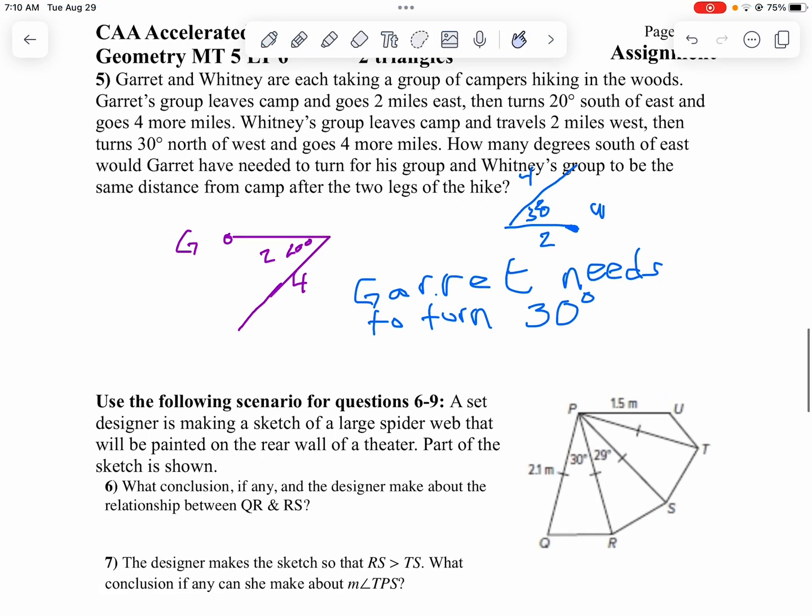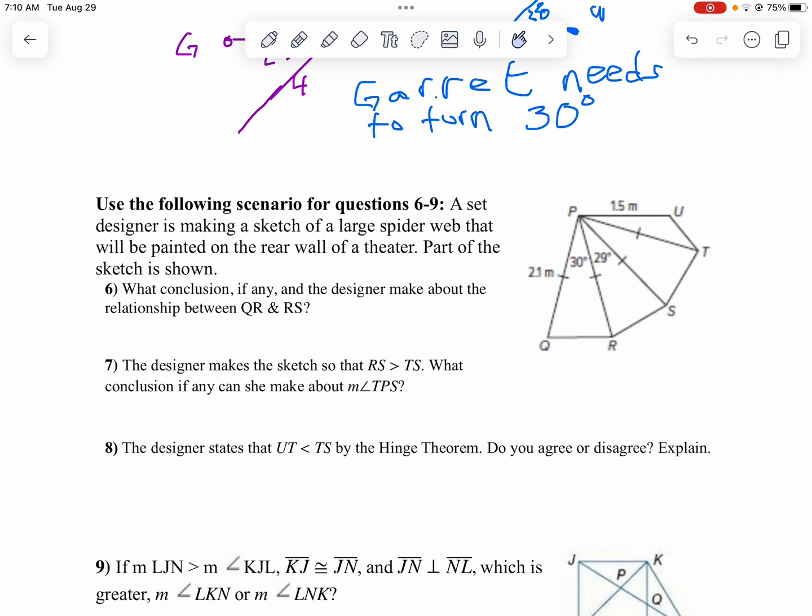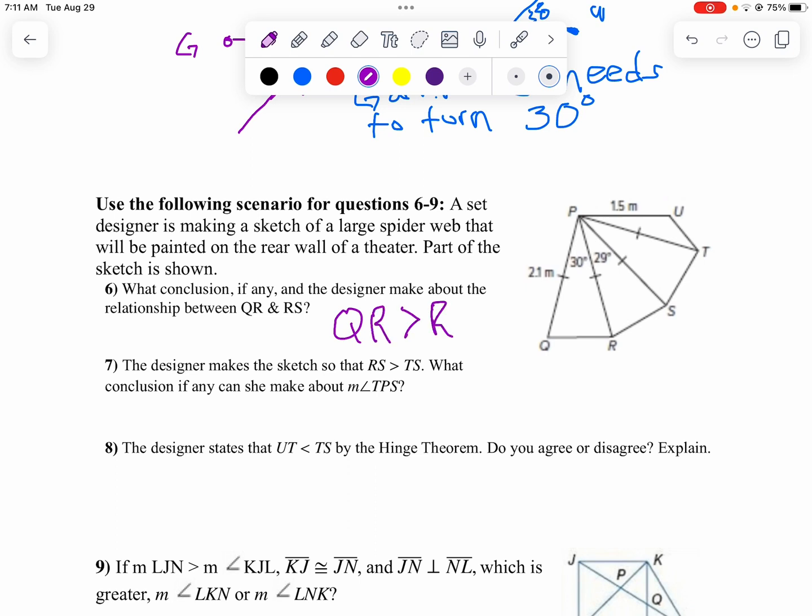Okay. Now, on question 6, I look at this. I want to compare QR to RS. Notice, if we shoot across, 30 degrees is bigger than 29 degrees. So by the hinge theorem, we know QR is greater than RS. And then we know that RS is greater than TS,